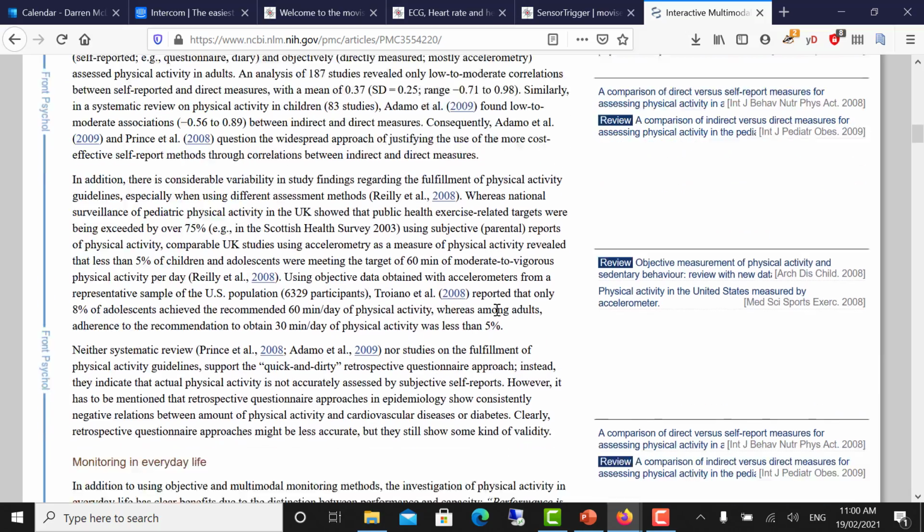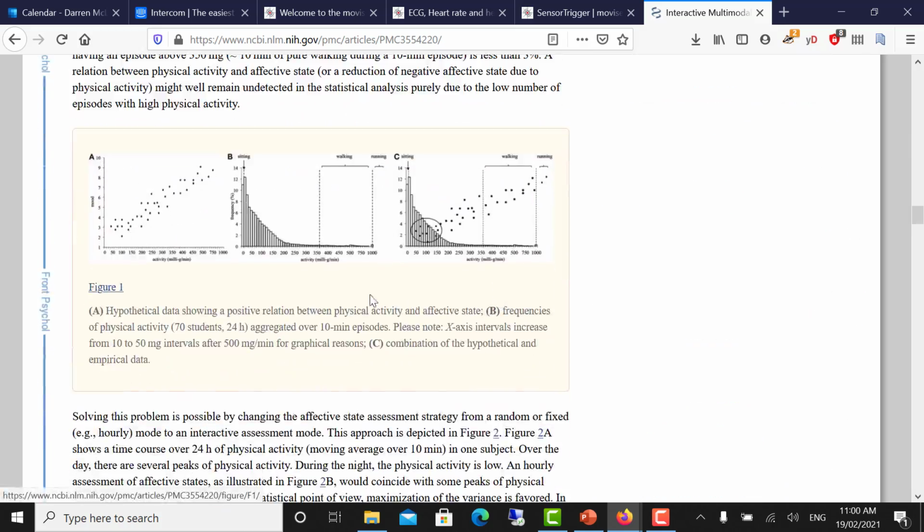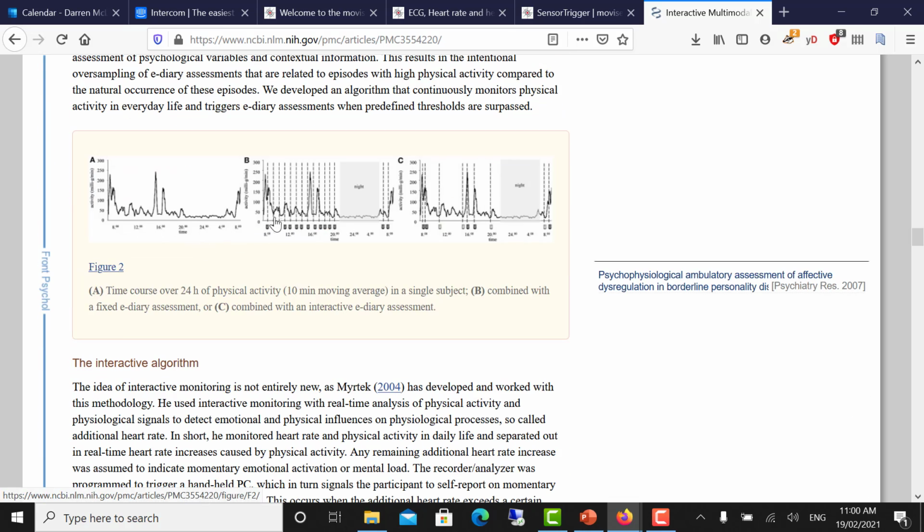It shows the process and the reason for developing it so that you can actually capture better correlations and better data. So rather than random stratification and triggering, you get more precise triggering based on the activity that's occurring, like triggering questionnaires based on when the actual event is happening, as opposed to just a fixed diary assessment every 30 minutes or every 60 minutes or random throughout the day. It just shows that you can really gain some precision and better insights this way.